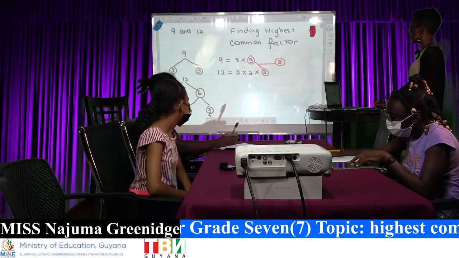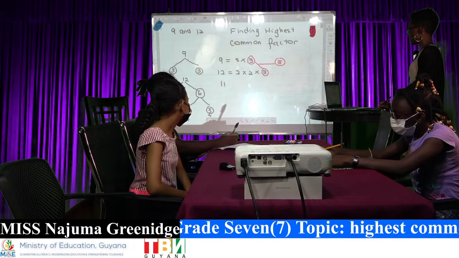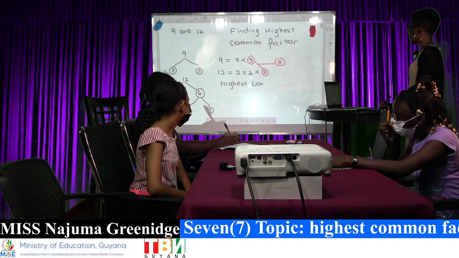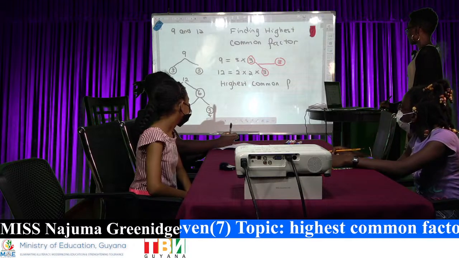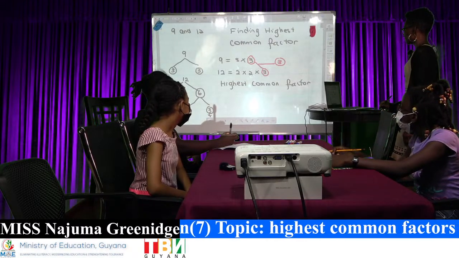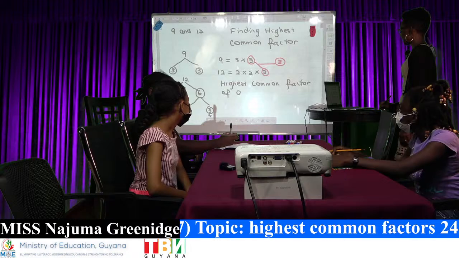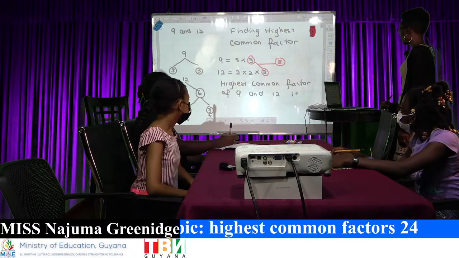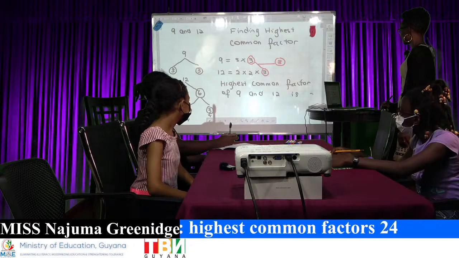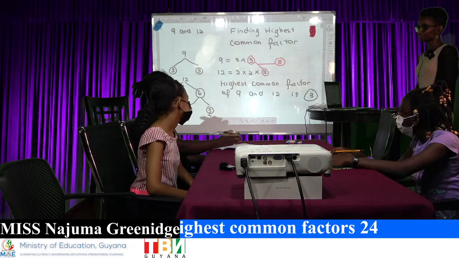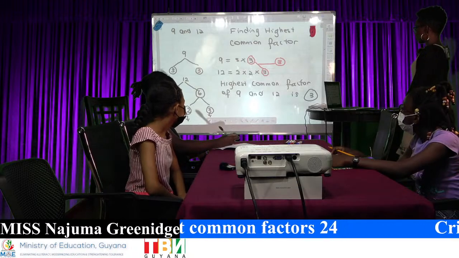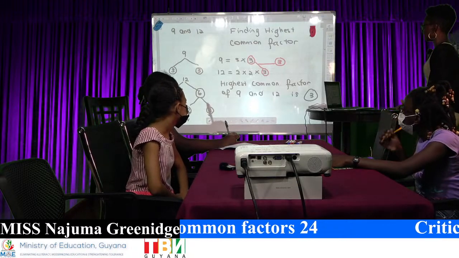So therefore, highest common factor of 9 and 12 is the number 3. Follow? So if you're asked to reduce that fraction, 9 over 12,